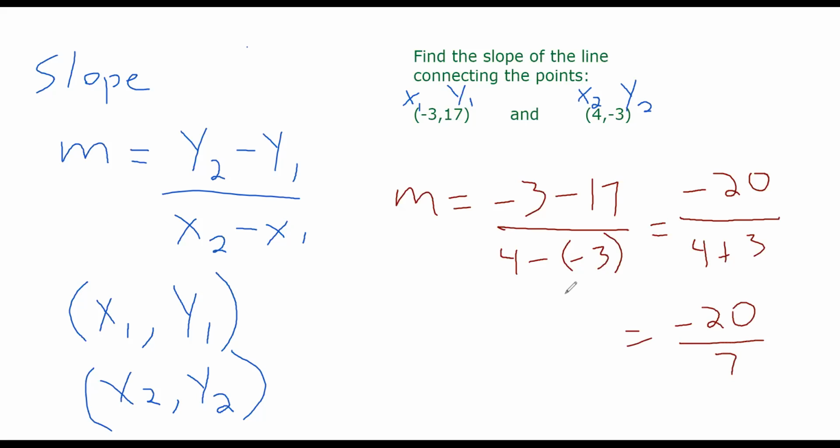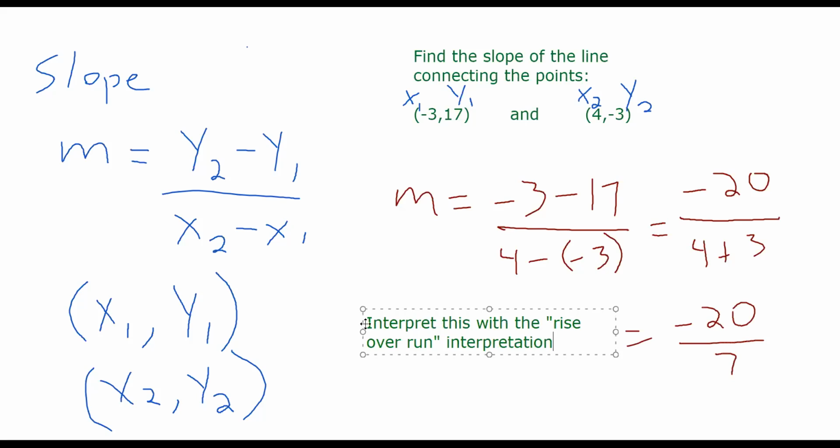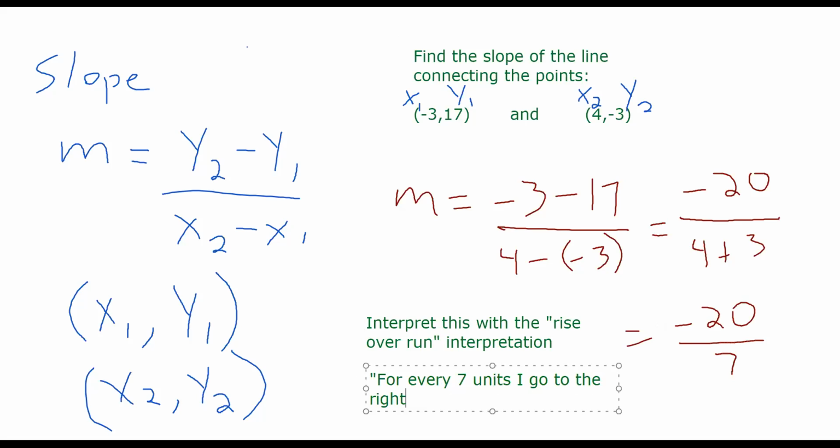So we get -20 over 7. Let's interpret this with the rise over run interpretation. It's a negative slope. What this means is that for every 7 units, the bottom number, I go to the right,